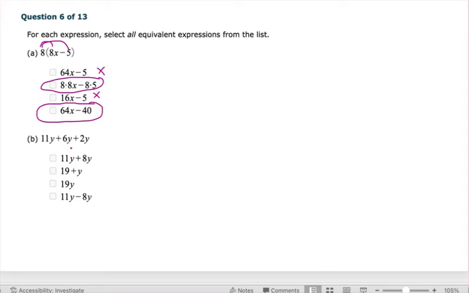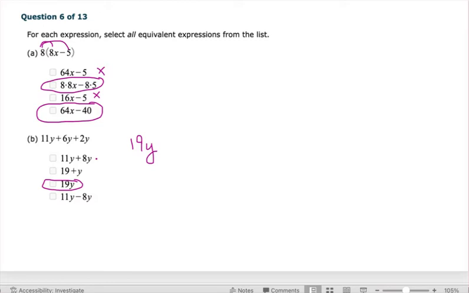Okay, on this one down here, there's a y, a y, a y, no other variables. So aren't we going to add those together? So 11 plus 6 is 17, plus 2 is 19. So 19y is the correct simplified answer. So we'll put that. Okay, now this is 11y plus 8y,